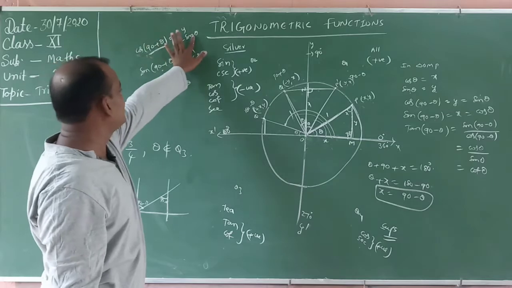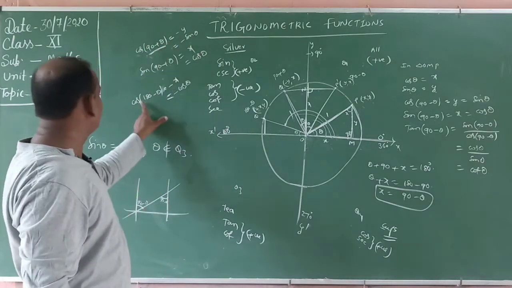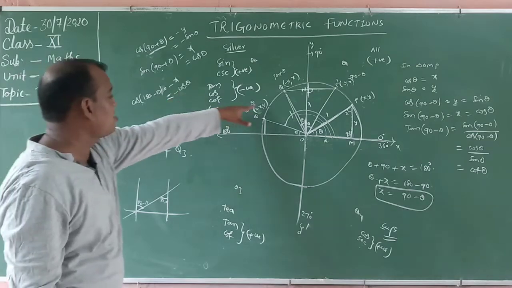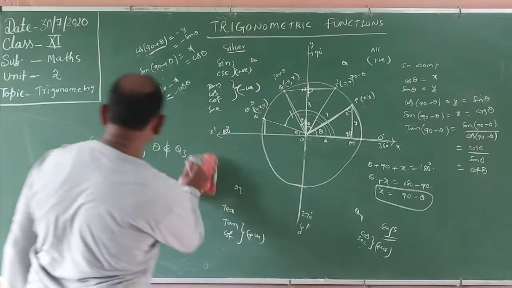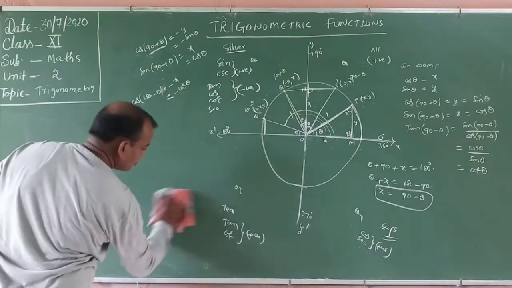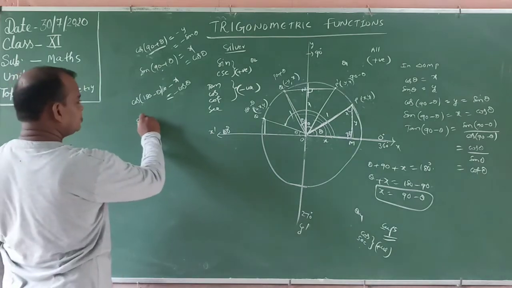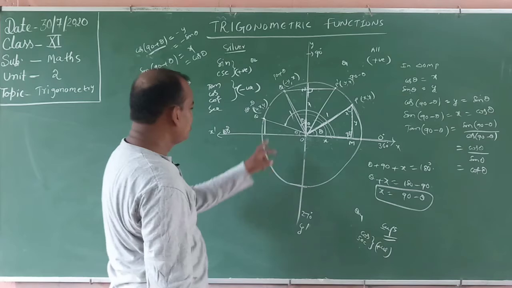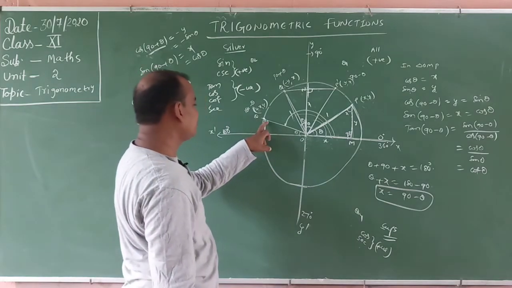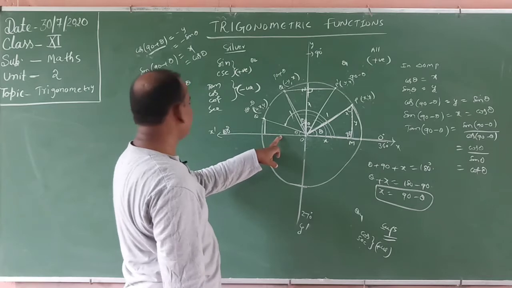You didn't remember this one. Cos value negative or not. That is the sin or tan, whatever may be. This is negative. Now apply. Say yes or no. What happened to this one? Sin of 180 minus theta. In this one also, 180 minus theta means sin definition, opposite side, that is equal to x.